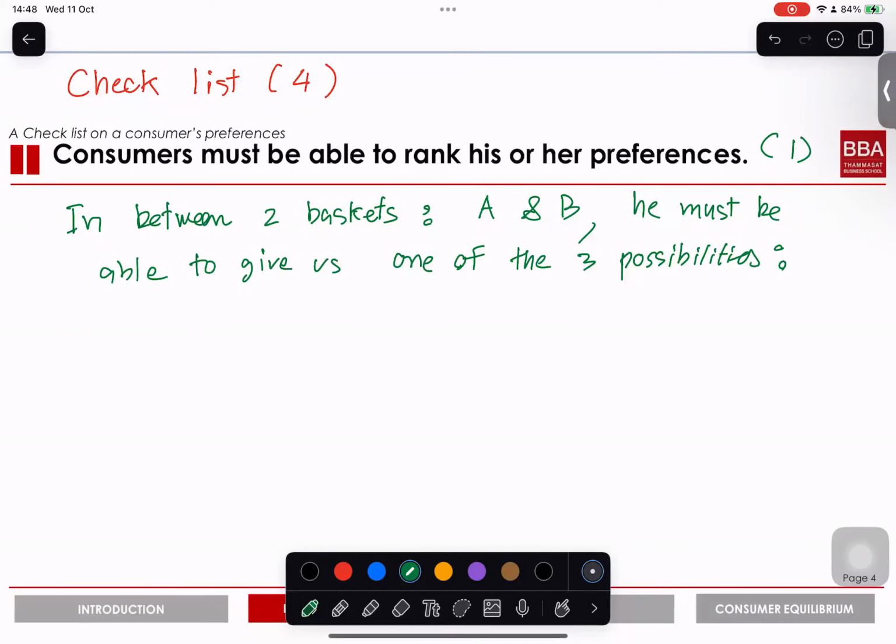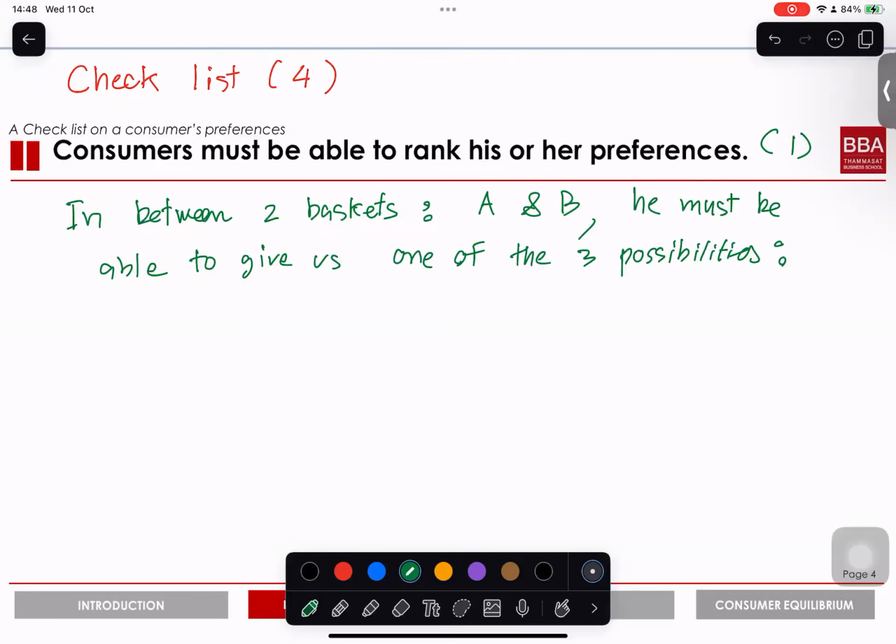This guy must be able to give us one of the three following possibilities. Ask him to choose between basket A and basket B. Similar to your decision before you came here, you may already have gotten the seat at BBA Chulalongkorn. You are choosing between the two choices. So, three possibilities. Number one,